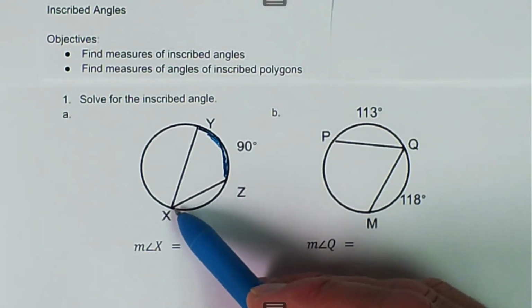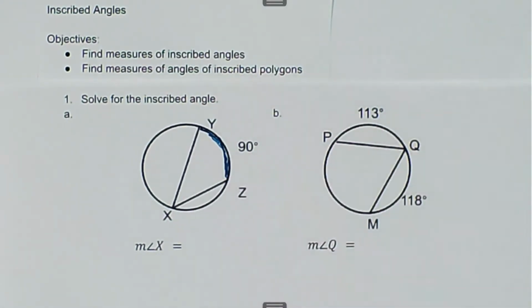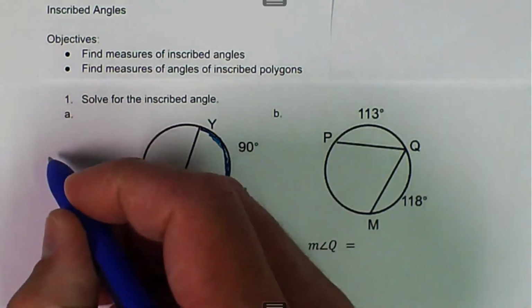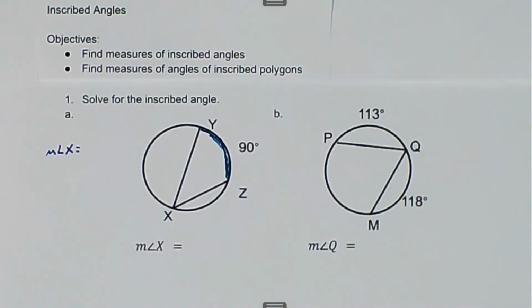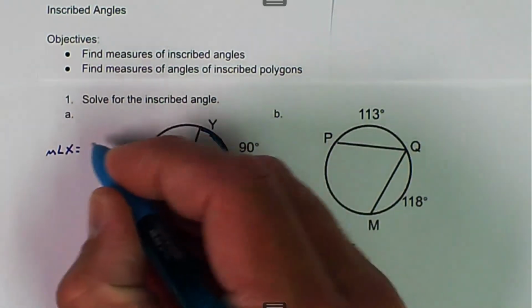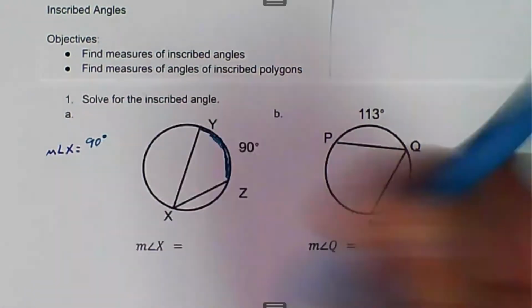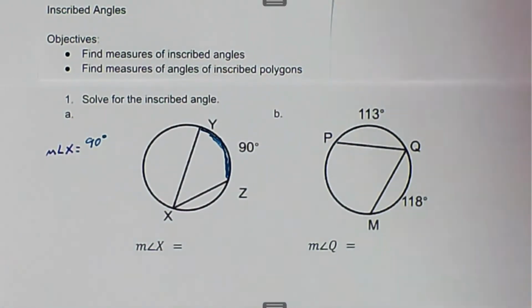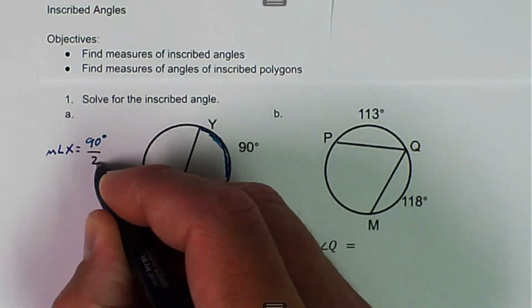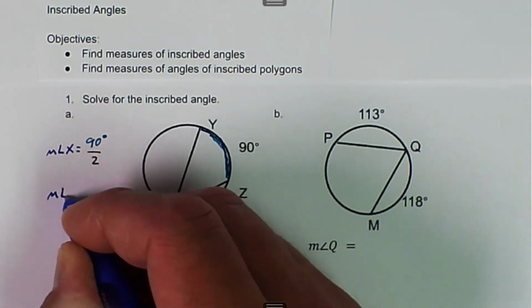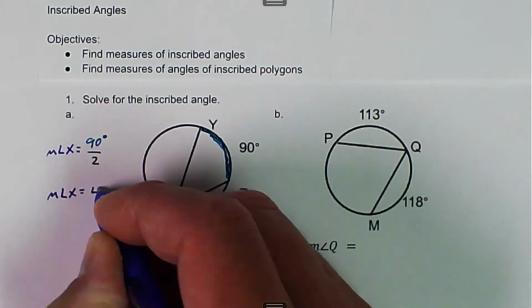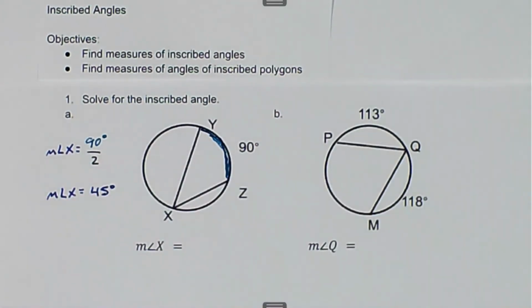So the inscribed angle is always half that. So when we want to find the measure of angle X, that's going to be equal to 90 degrees divided by 2. So the measure of angle X is 45 degrees. Measure of angle X is equal to 45 degrees. Again,